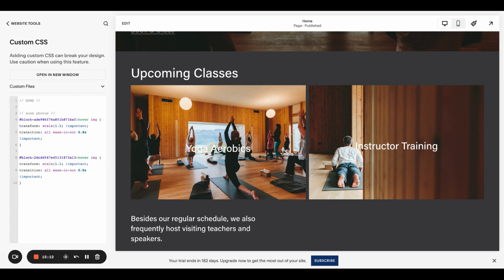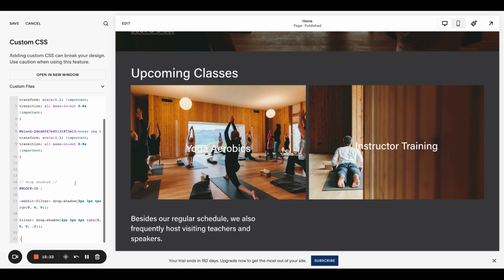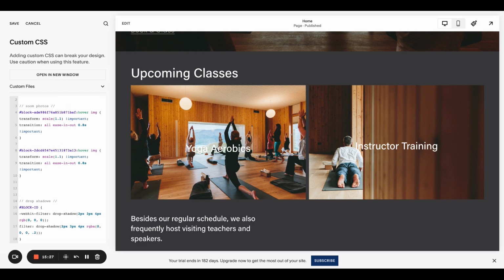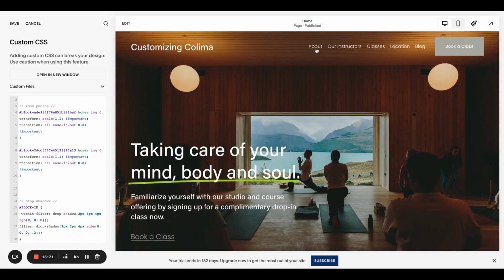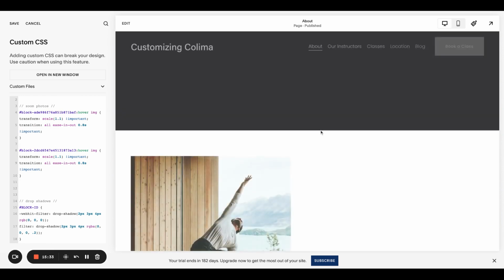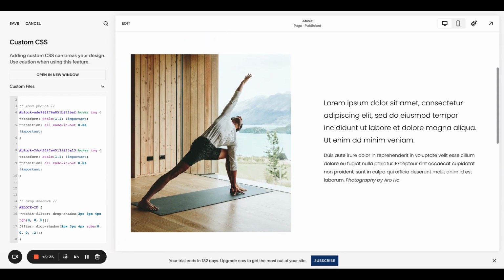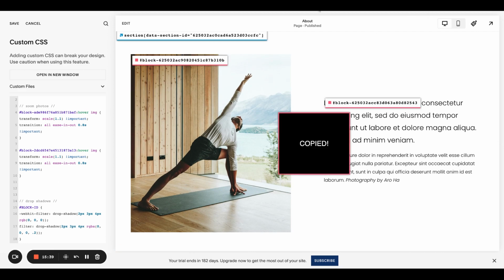Next fun trick is to add a drop shadow to any block. So this could work, scroll down. So I would say drop shadows, just to make sure I'm labeling my CSS. So for this one, you can add this to anything, but again, since this is a pretty stagnant, straightforward template, let me get to maybe, here we go, a photo on a white background. If you wanted to add a little bit here, find this block ID,